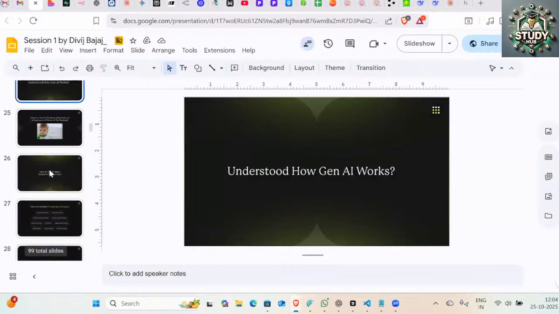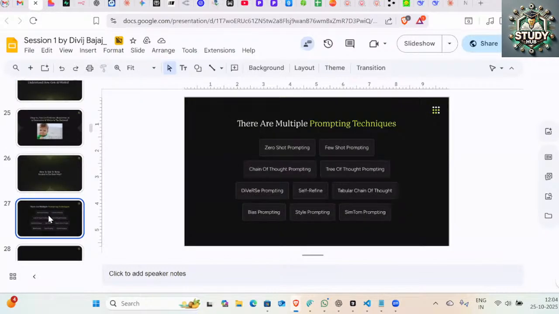Then we just saw how AI works, right? I told you there are tons of prompting techniques, and under the hood, it is all the English language, right? Now you can imagine the language of these models is English, not Python. I'm not writing Python. If you go and see what is chain of thought, it's a plain set of instructions, the art of writing instructions in a certain way, which is English. What is tree of thoughts? It is again a plain set of English sentences, how to write instructions. So these are all my prompting techniques.